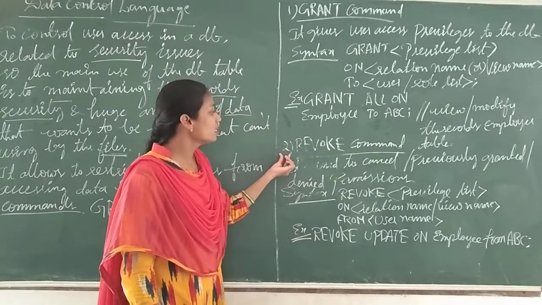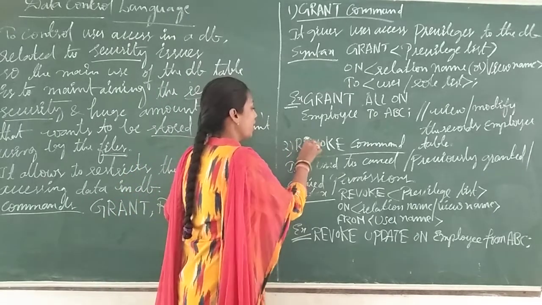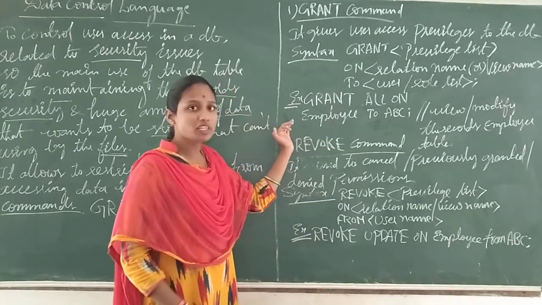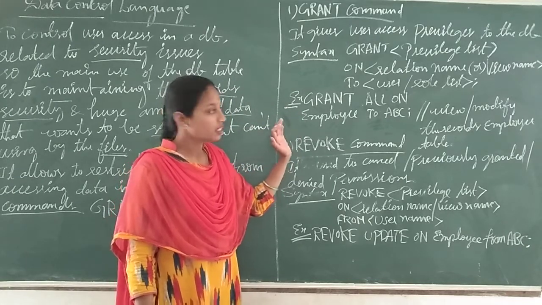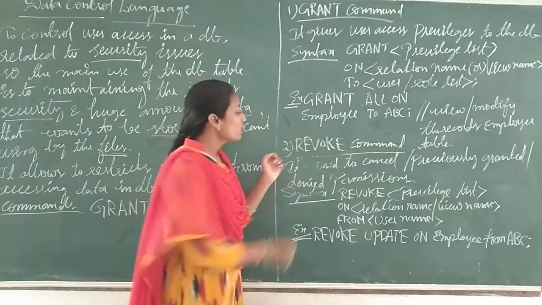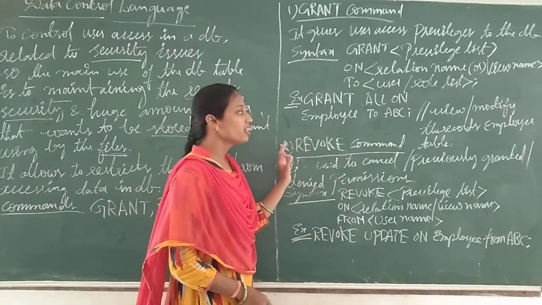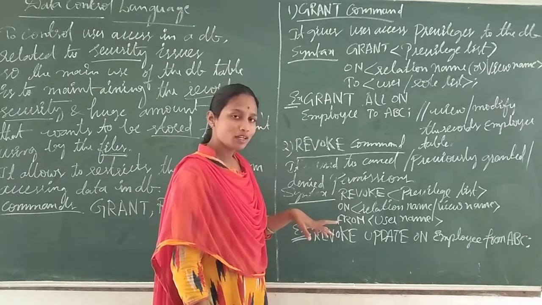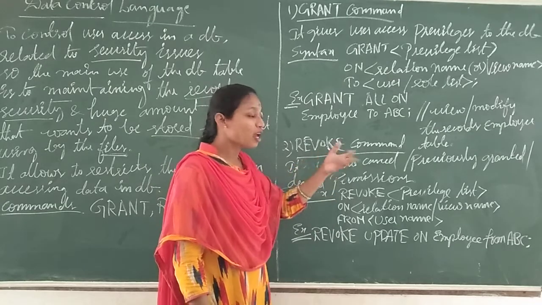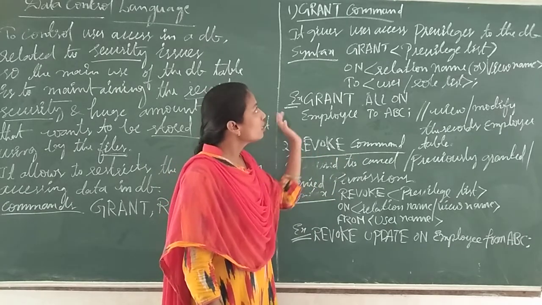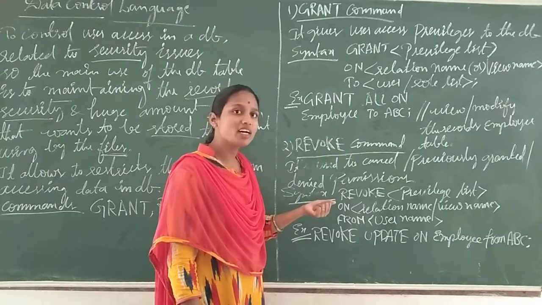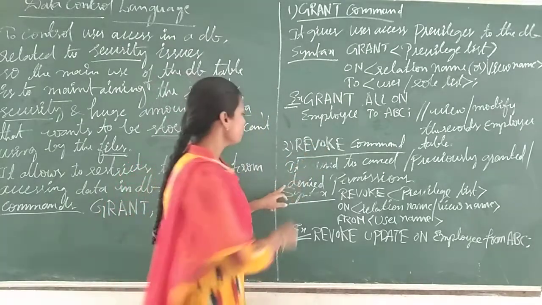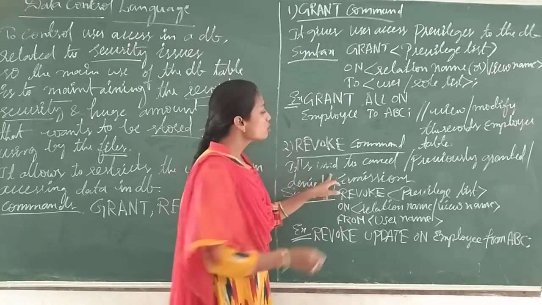Let us see the second one, the revoke command. Grant gives permission to access the data. What is the revoke command? The revoke command takes back the permission. Grant gives the permission to the user, but revoke takes back the permission, whatever was given, with the help of the revoke command. It is used to cancel